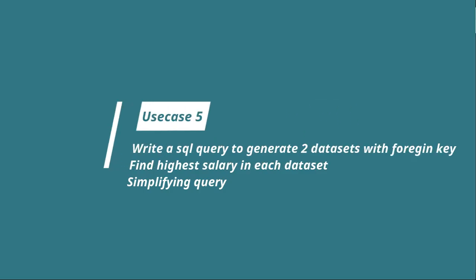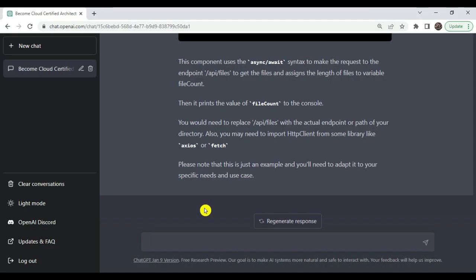We can create any type of SQL query, complex SQL queries also, by using ChatGPT. You can give the names of the fields also to create the particular tables and create the particular data set. Now, as an example, we are trying to write a SQL query